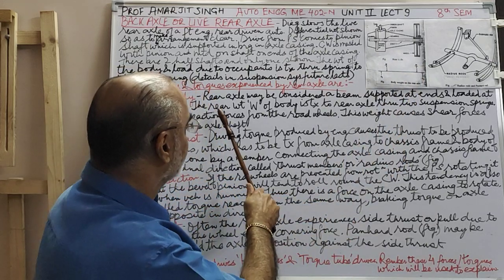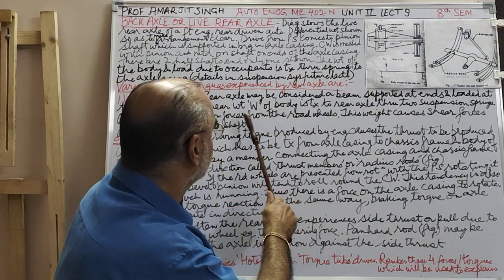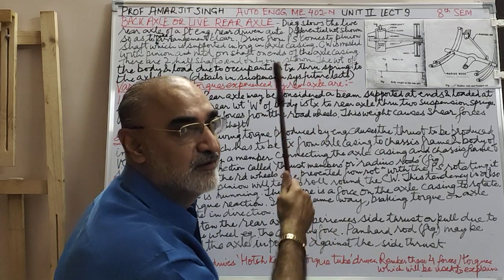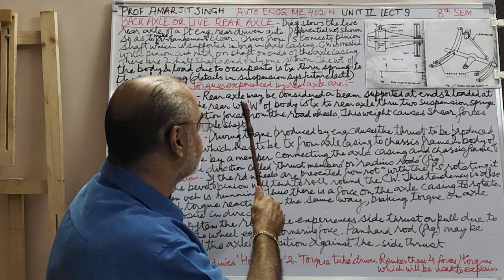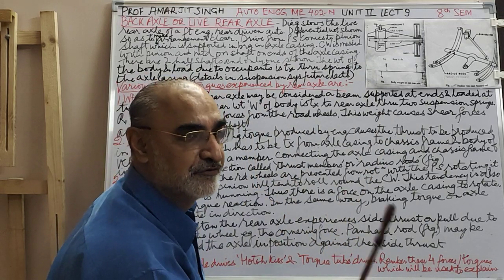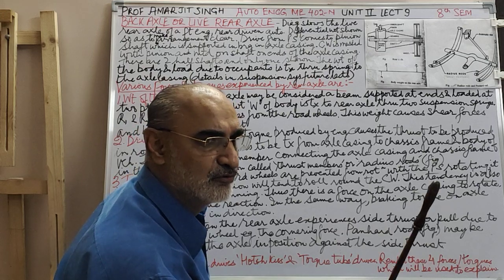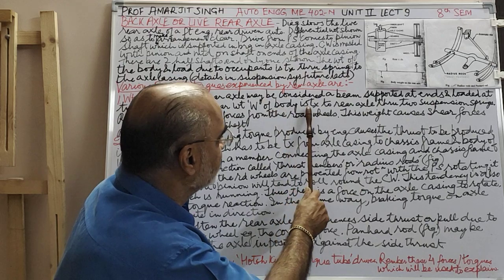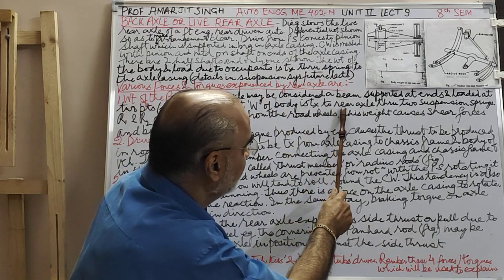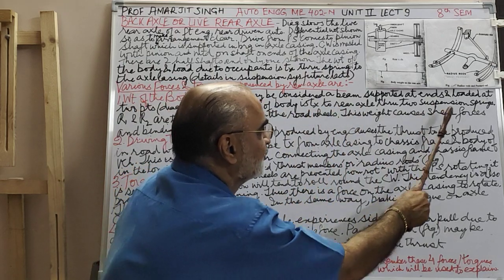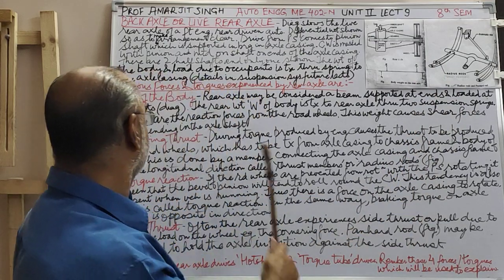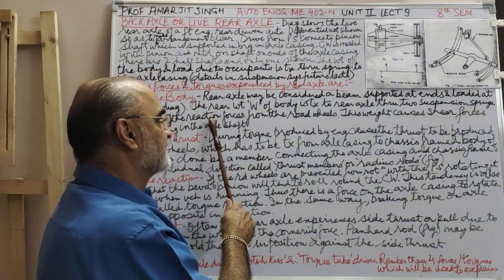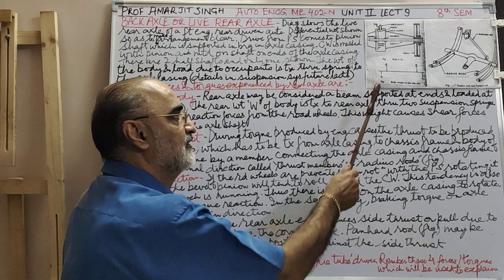We take the center point of the V. The rear weight W of the body, some of the weight is in the front part of the body also, we are considering the rear weight. In fact, generally most of the weight is about 40-60. The rear weight W of the body is transmitted to the rear axle through 2 suspension springs, as I explained. R1 and R2 are the reaction forces from the road wheels, one road wheel, one.